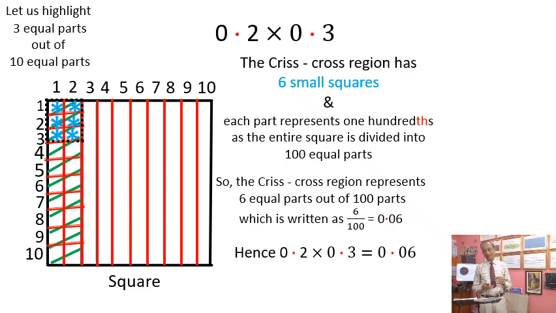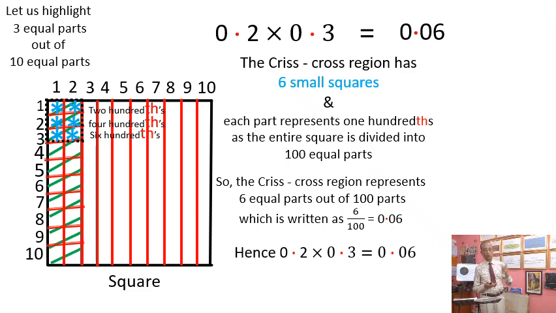So we write the answer at the top as 0.06. Now in the first row we have 2 hundredths. So go to the figure, observe the figure. If you add 2 more hundredths, you will get 4 hundredths, and you add 2 more, we will get 6 hundredths. So totally it is 6 by 100, which is nothing but 0.06.